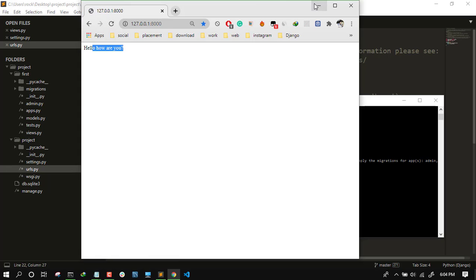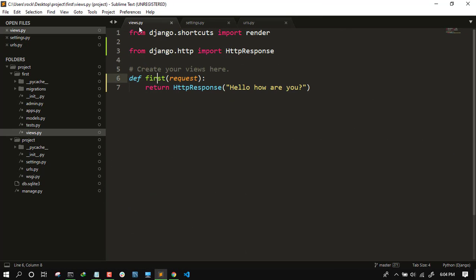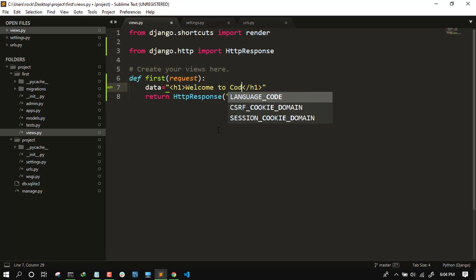I like to show some more ways to implement the same thing. You can even pass a different approach. Suppose there is data; you can even write HTML code here. Let's take the marquee tag. But before the marquee tag I like to give the header tag h1: Welcome to Code Euler.